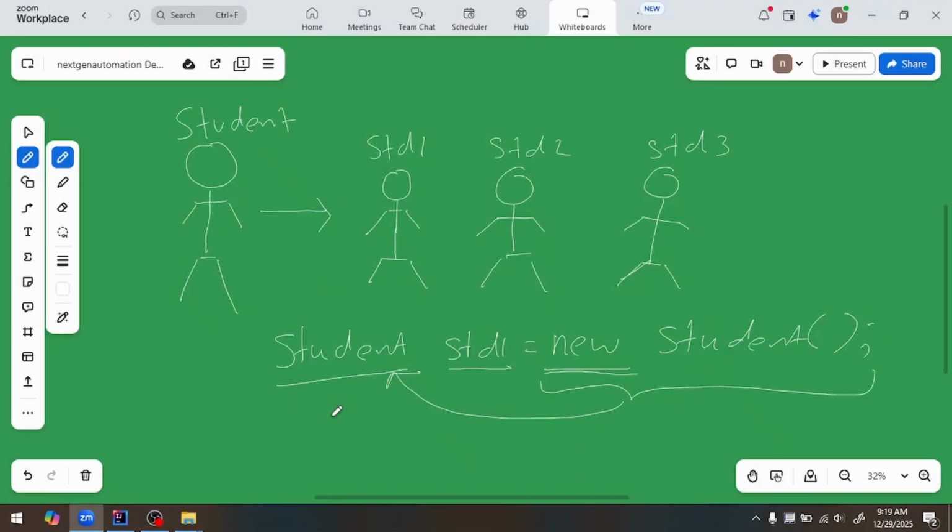Hi all. In other words, once you create the object, you are calling the constructor of that specific class. That means a new student means you are calling a student constructor. Creating an object means calling a constructor. So you can see